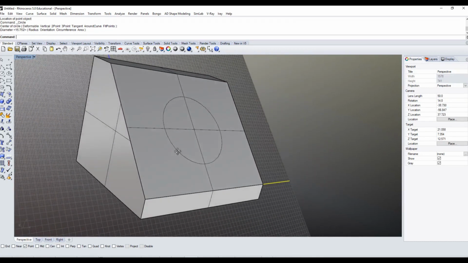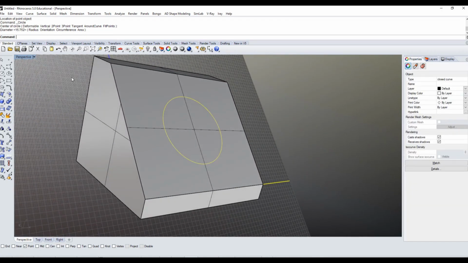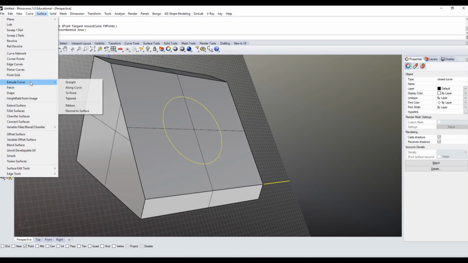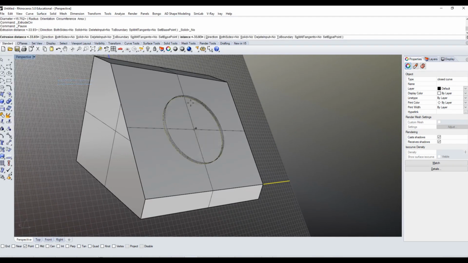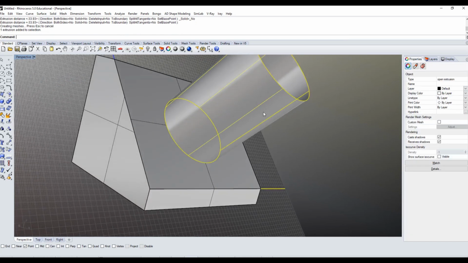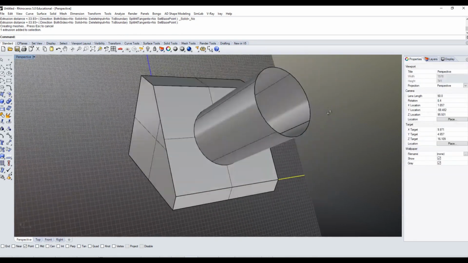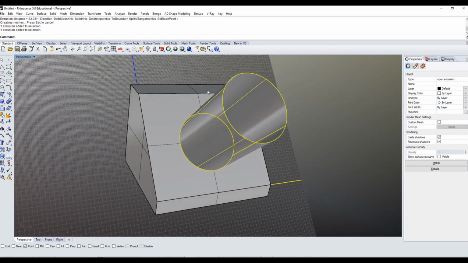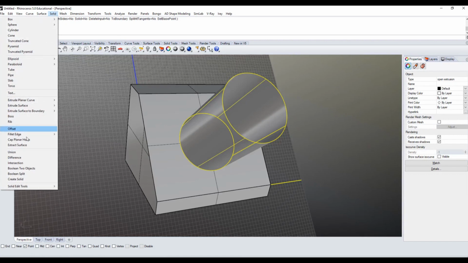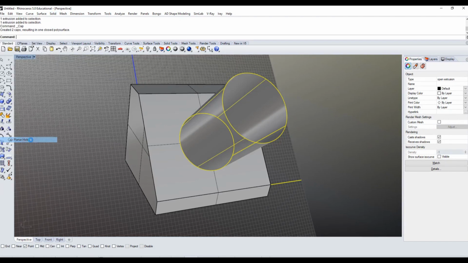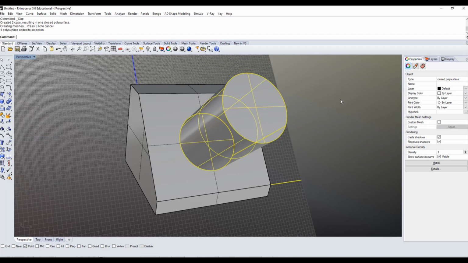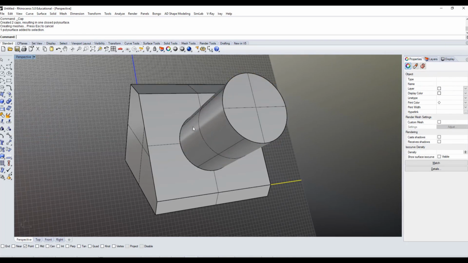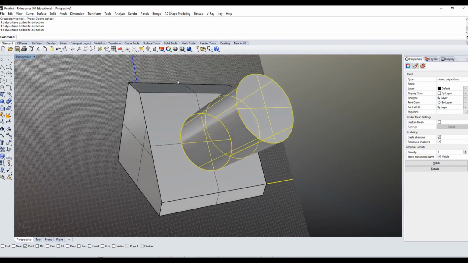Okay, so now I can, for example, extrude that curve. I can do curve, extrude, surface, extrude curve straight, and I can extrude in this direction. And if I want to close it off, and I'll talk more about that in future videos, I can select this. Now that I have a surface, it's open, so I want to close it. So I go now into the solids, and there's a function called cap planar holes, and I can close it, and now it's a closed polysurface in my properties window. The type is closed polysurface. So I have a solid here, and I have a solid there. Okay,